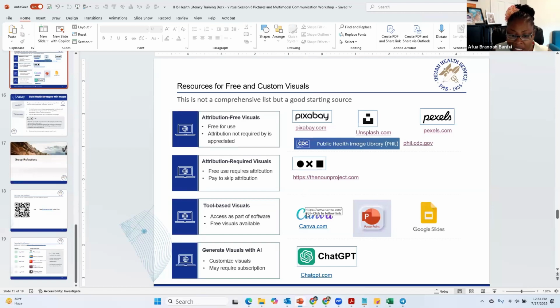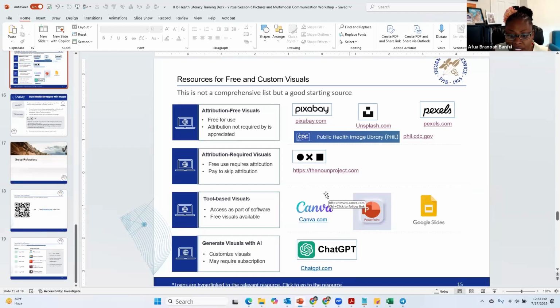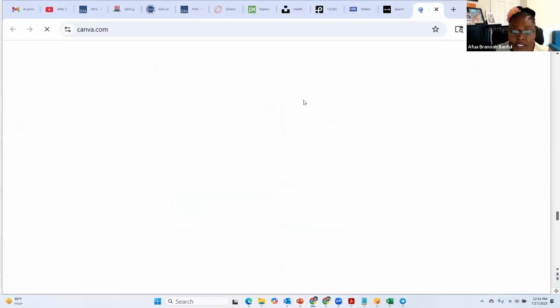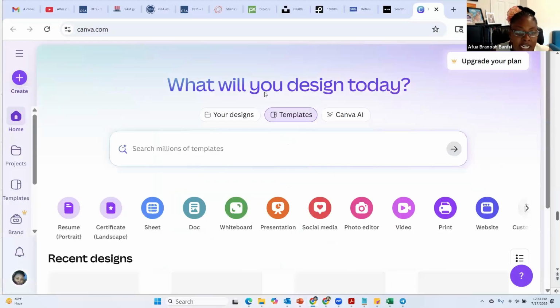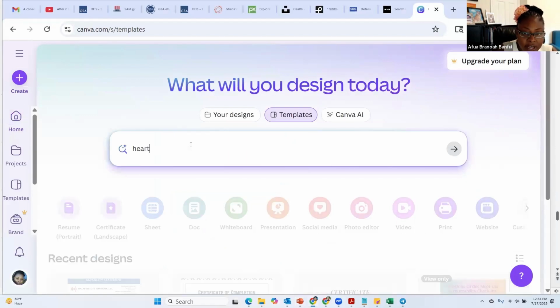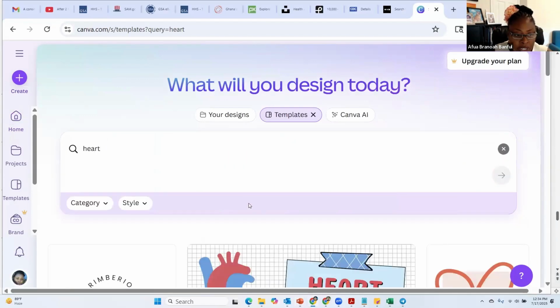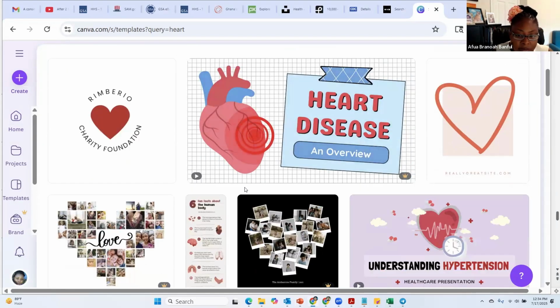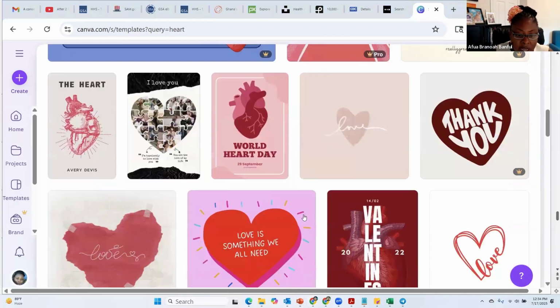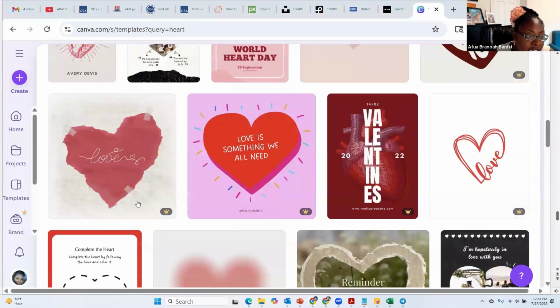So now let's look at these two ones. I believe that Canva is quite popular. Is everyone familiar with Canva? You know what? Let's just take a visit to Canva. Hopefully Canva is not blocked. But I think you sign up and then you have an account and you have more images. So Canva also has some. They even have templates. But yes, the Canva image library is very